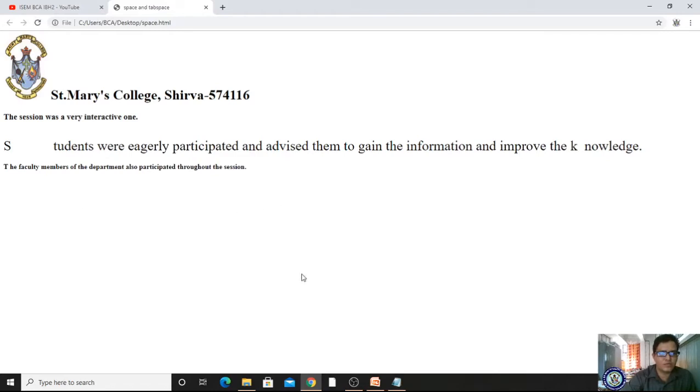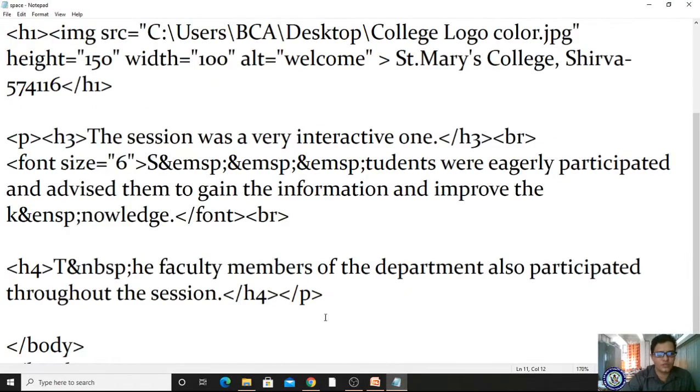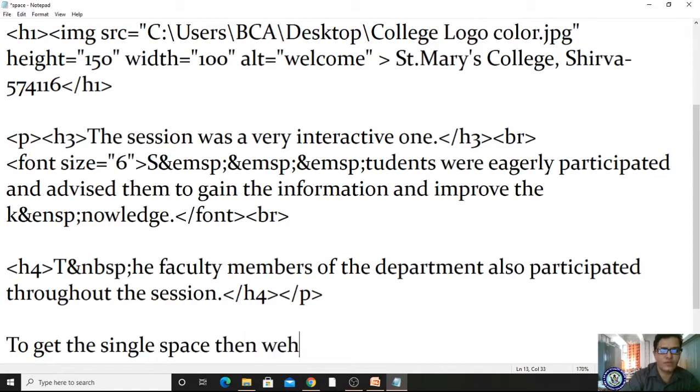So to get the single space, what do I have to do? We will write here. To get the single space, we have to use ampersand NBSP.